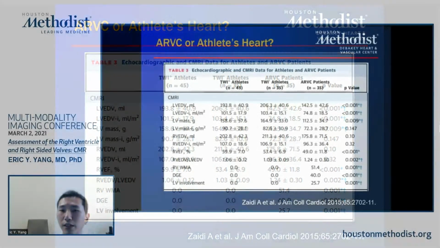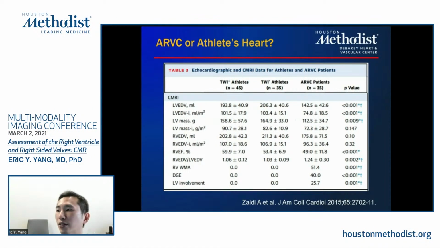Often the two get confused, though. A lot of times we get patients who come in with unexplained dizziness and passing out, and so then the question becomes ARVC or athlete's heart. Looking at the different criteria, you'll see that athletes tend to have much larger ventricles, but their EF is fairly well preserved. Otherwise, their overall LV mass tends to be preserved. They didn't quantify RV mass in here, forgive me, but they tended to not have as dilated ventricles in terms of ratio compared to the ARVC patients. And ARVC patients tended to have more wall motion abnormalities, LGE, etc. And hence why I bring up the fact again that